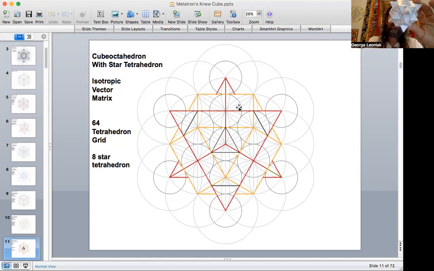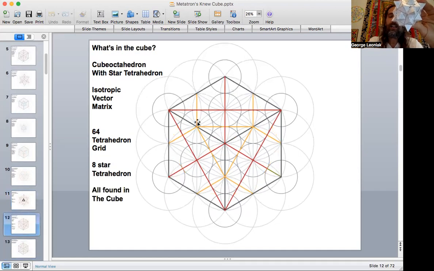It's also in the cube. That's what I'm looking for. This is just directly in the cube, and this is what it looks like when we put it back into the cube and lay out all the lines. I guess I'm missing some lines there on the back edge of that for this drawing, but this is what it would look like, all found back in the cube, and we've got the tetrahedrons crossing, and then we've got